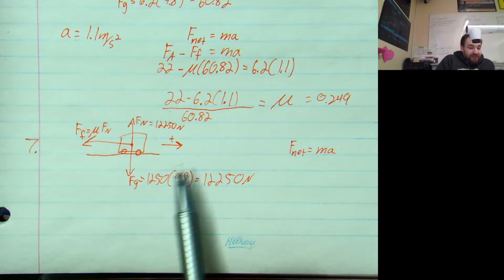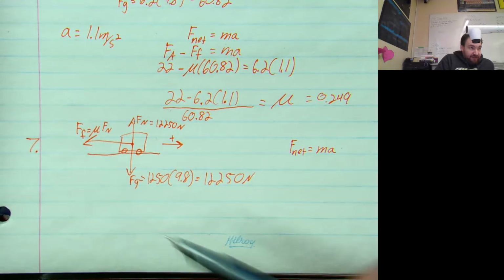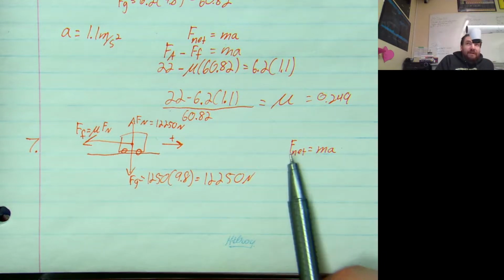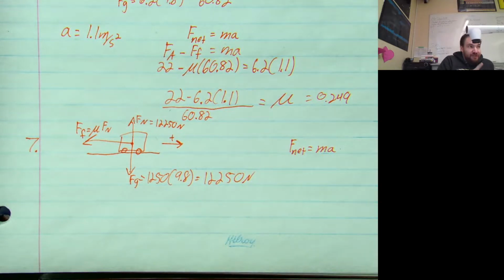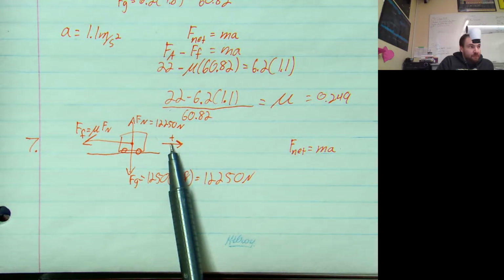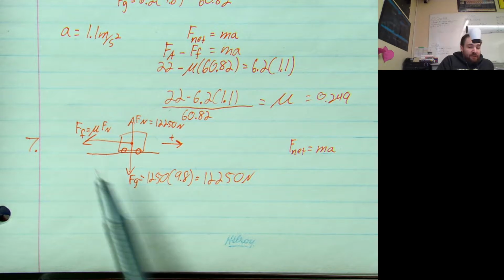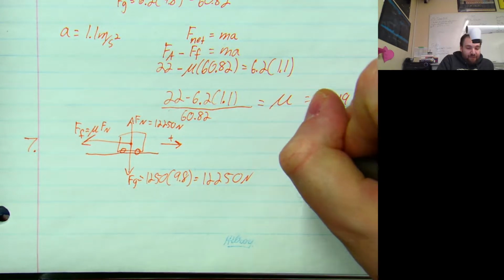Friction's the only one. We said to the right was positive. Friction is acting to the left. So what am I going to put here for F net? It's not just the force of friction. We said to the right was positive and the friction's acting to the left. So this is going to be negative force of friction